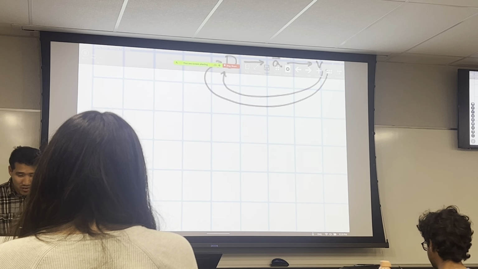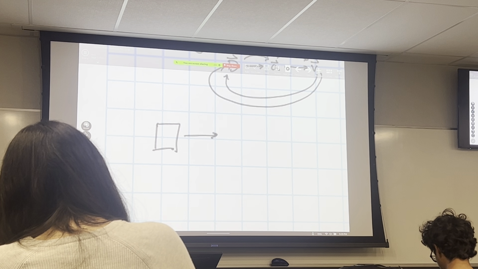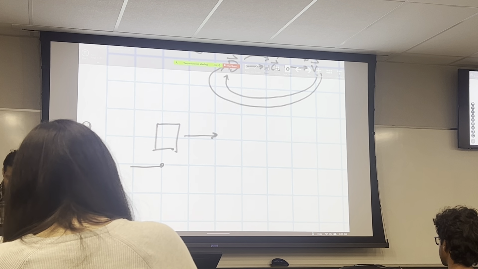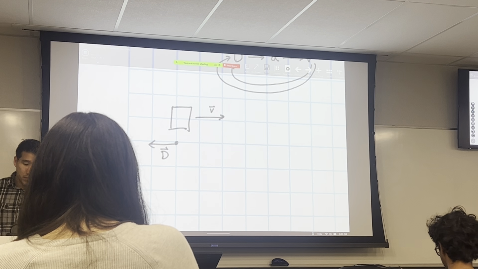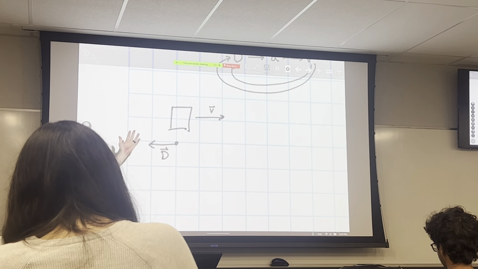Now, drag occurs when an object, so let's say this box, is moving through a fluid. The drag is going to be opposing V. So normally I would just stop the discussion here because hopefully I've convinced you guys drag is hard and we